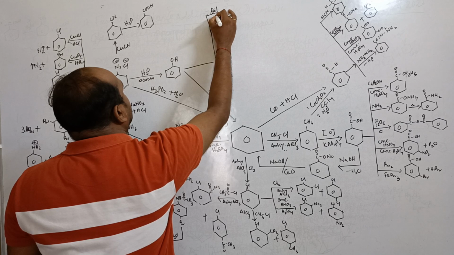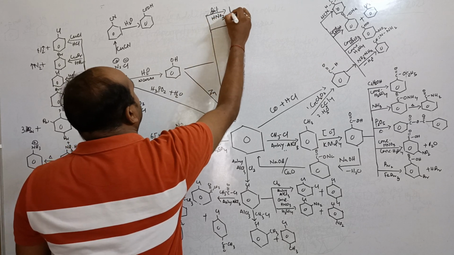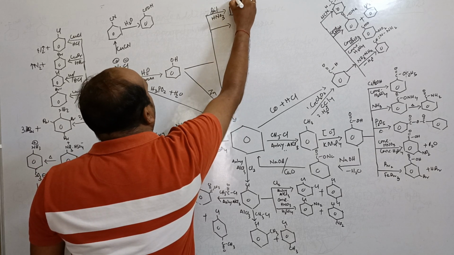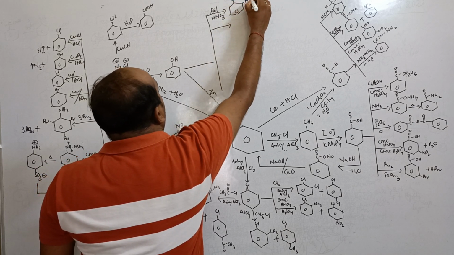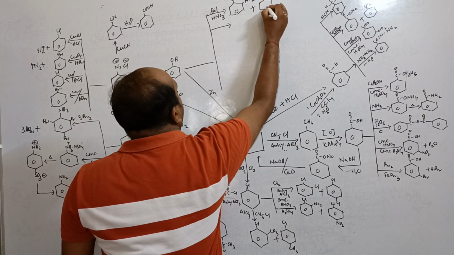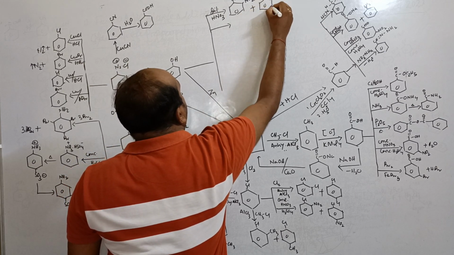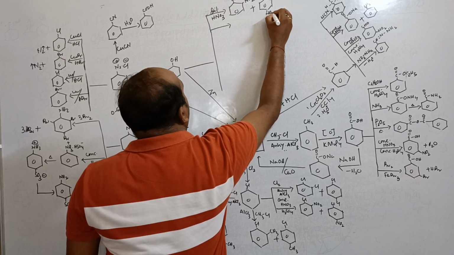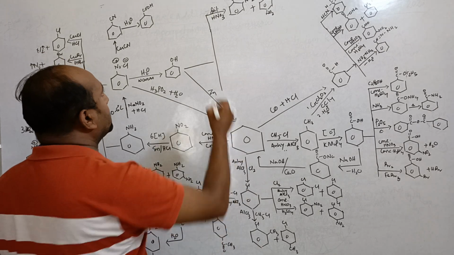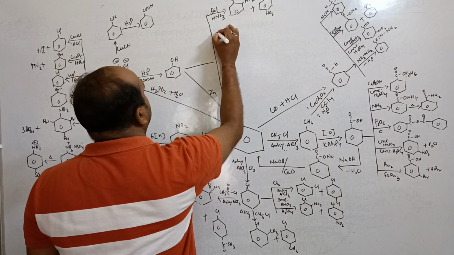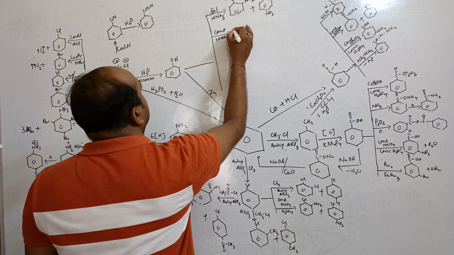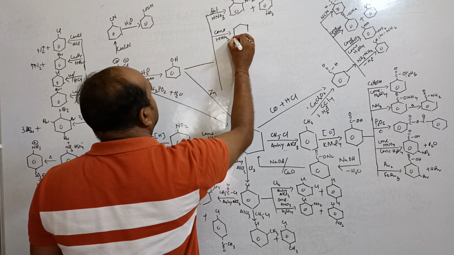Again phenol is treated with dilute nitric acid to form ortho-nitrophenol plus para-nitrophenol. Got it? Para-nitrophenol. Thank you. Now the OH group is an ortho-para directing group. Again phenol is treated with concentrated nitric acid to form picric acid